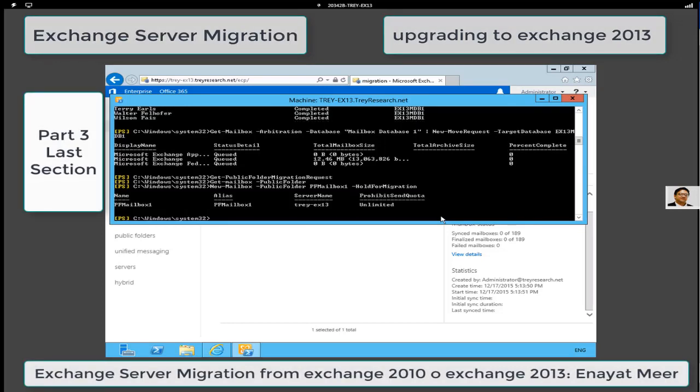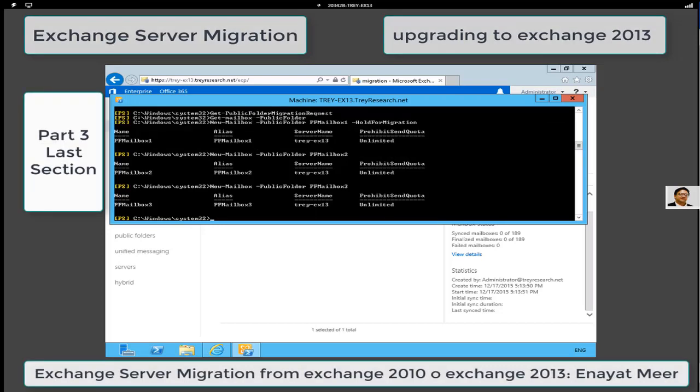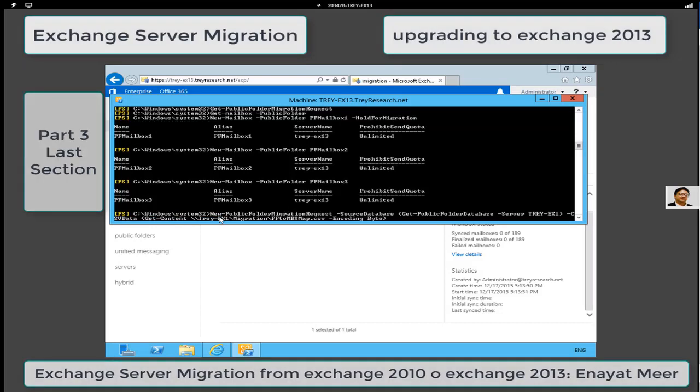So now you can see that a new alias is created. Now you hit the up arrow key and change the mailbox number 1 to 2, again up arrow key and 2 to 3. That means you are repeating the same Exchange shell command and changing the mailboxes, and you see that now you have created 3 public folder mailboxes under your